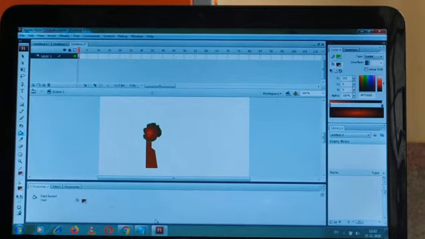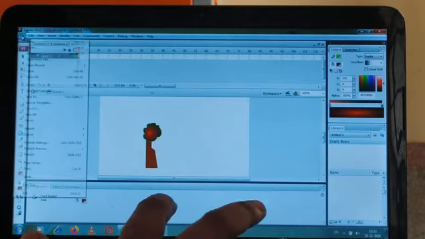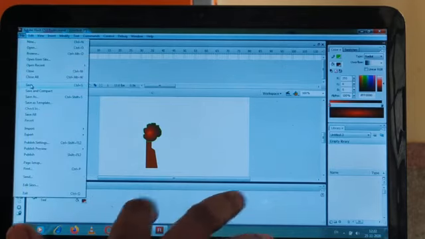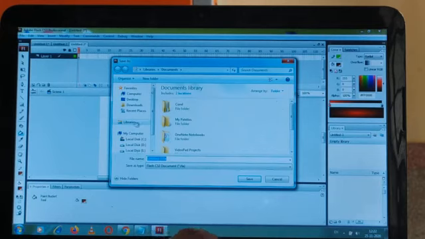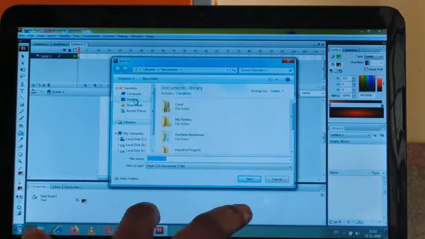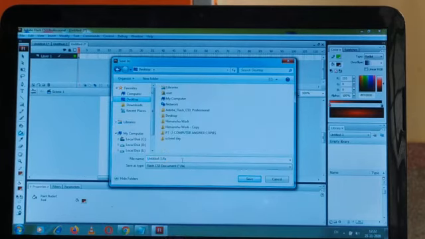So this is for today. And students, if you want to save your file, then go to File, then Save option. Yes students, you can define your proper location and you can define your file name. You can see that there is a .fla extension after the file name. That means a Flash file always has the extension .fla.